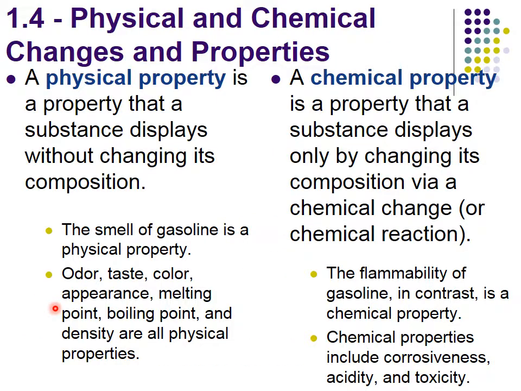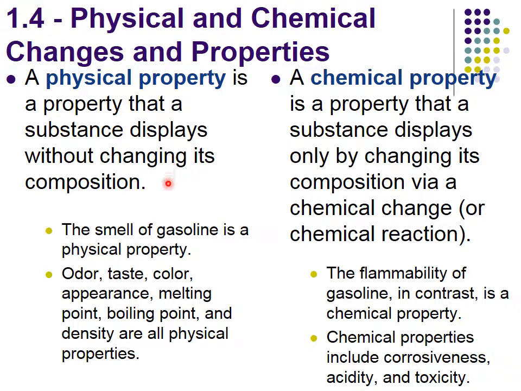So we're starting in section 1.4 with a distinction between physical property and chemical property. Now, property in general is a description about something. In chemistry, we really like to break things into categories, and so we break this down into these two categories. Our official definition is that a physical property is something that we can measure or see, observe, without changing